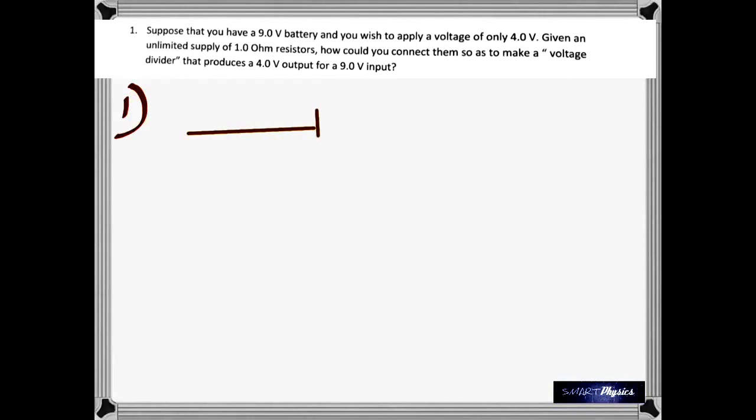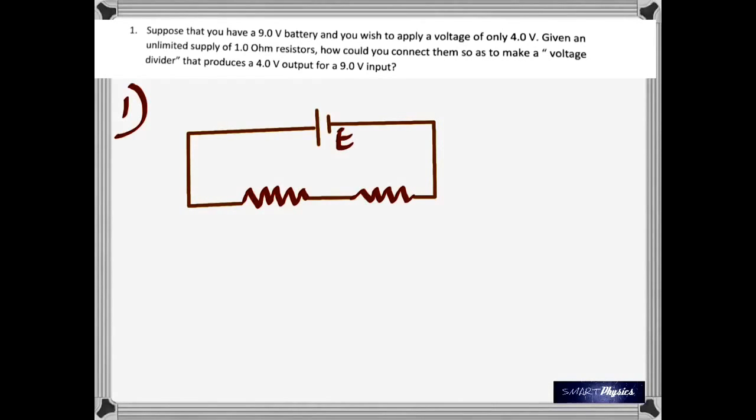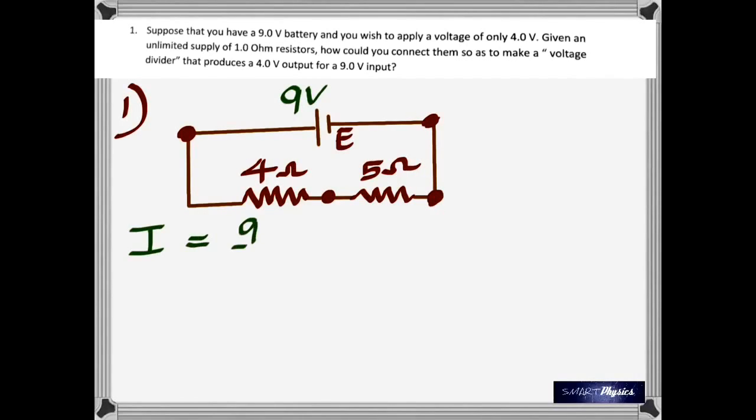You have a 9-volt battery and you wish to apply a voltage of only 4 volts. How would you connect them? The 1 ohm resistors to make a voltage divider. Well, all you got to do is connect them in series and tap the voltage from the first one and the fourth one, in which case you will get 4 volts, because the total current